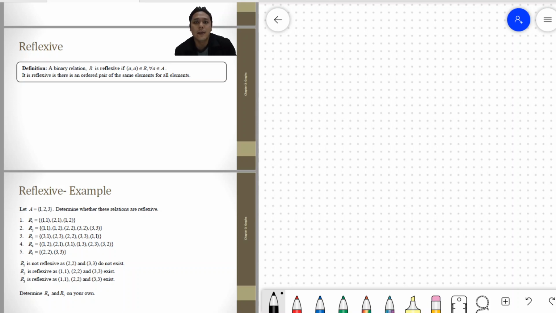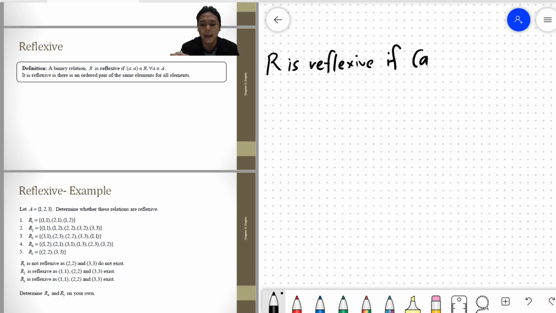This video lecture is about the first type of the relations that we will try, which is the reflexive. Based on the definition of reflexive, it states that any given relation R is reflexive if an ordered pair which contains the same element left and right, (a, a), is in R for every element of A in the given set. So what it means,